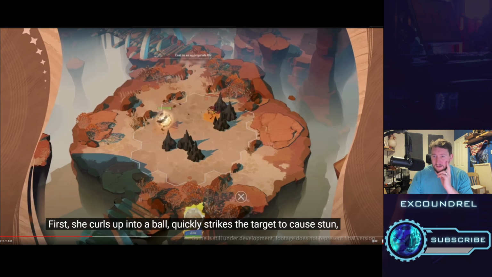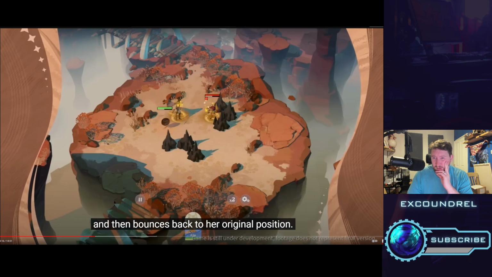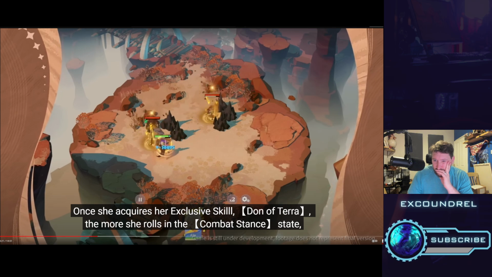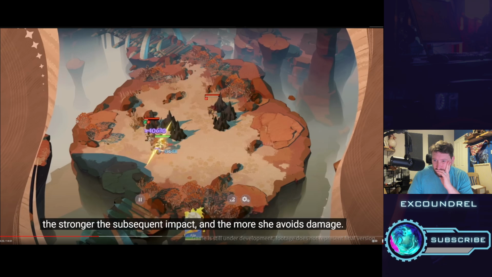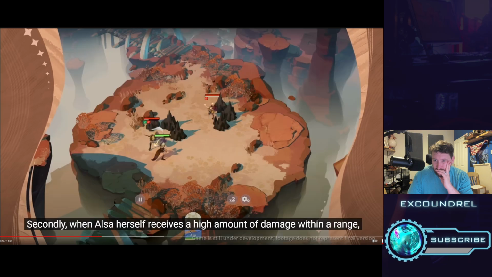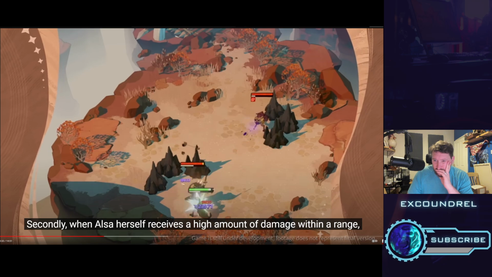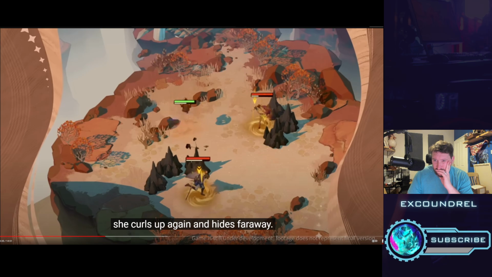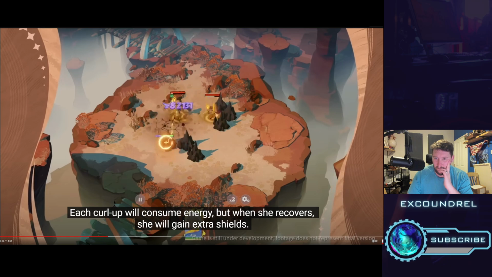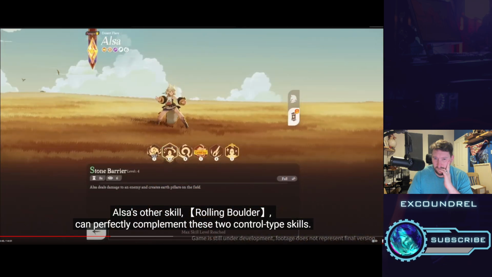First, she curls up into a ball, quickly strikes the target to cause stun, and then bounces back to her original position. Once she acquires her exclusive skill, Dawn of Terra, the more she rolls in the combat stance state, the stronger the subsequent impact and the more she avoids damage. Secondly, when Alsa herself receives a high amount of damage within a range, she curls up again and hides far away. Okay. Each curl up will consume energy, but when she recovers, she will gain extra shields. Alsa's other skill, Repel Sweep, can...